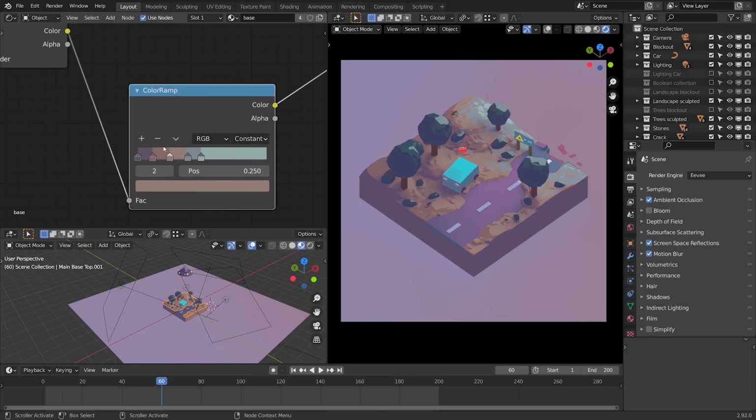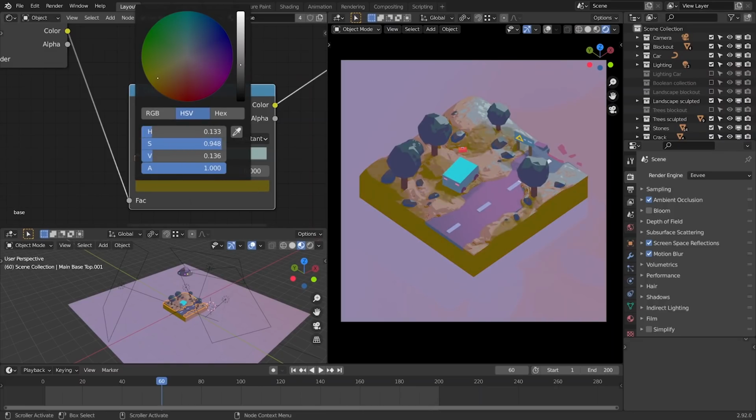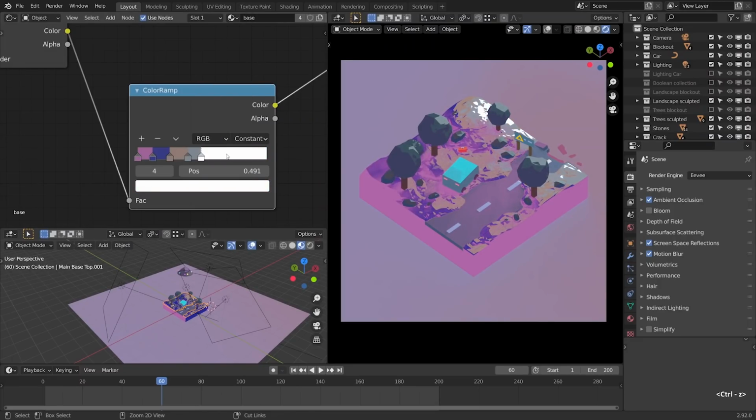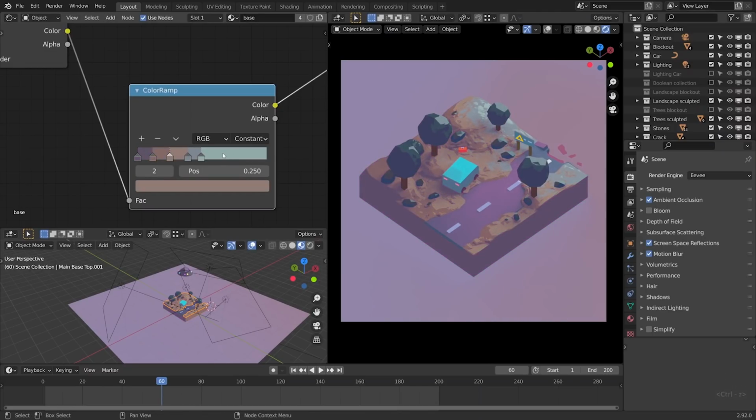In the color ramp, we define the colorization of the Shader to RGB data. And by utilizing this simple setup, we get complete artistic control over the gradations of light and shadow and the colorization of this process. We can even control and fine-tune such properties as interpolation between these stops on the color ramp, which may be quite important for your style. Or not, but it's good to have. So here is the setup for this kind of look, nothing too complex,